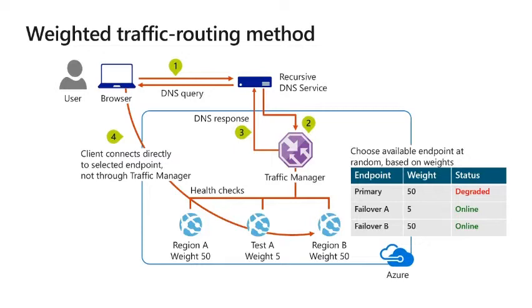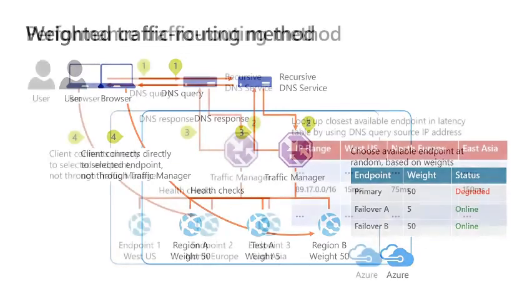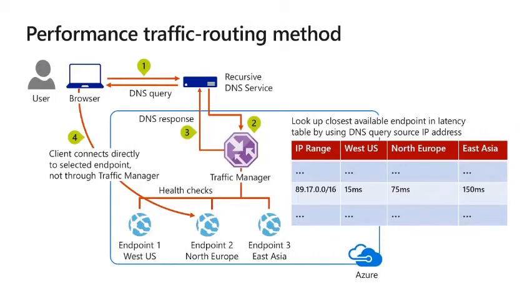So using higher or lower weights on specific endpoints causes those endpoints to be returned more frequently in DNS responses. So if you want to divide the traffic evenly, then you need to give weights evenly. Then, according to the performance, it has